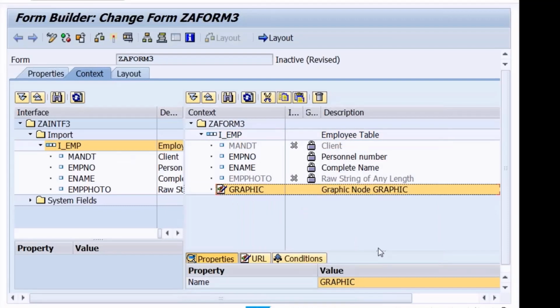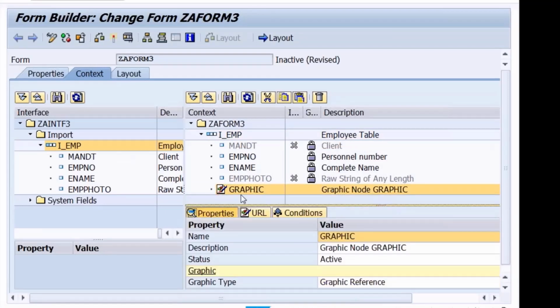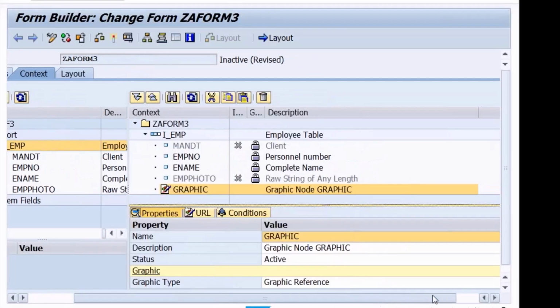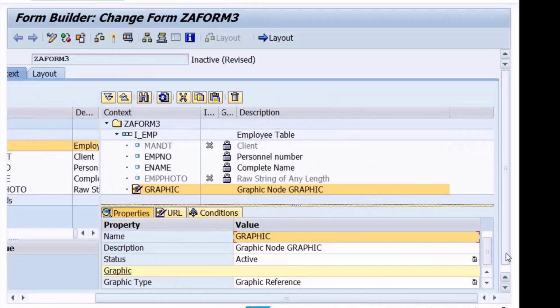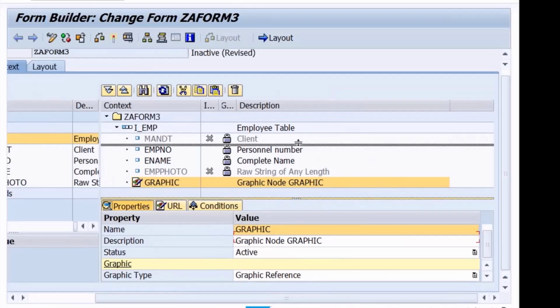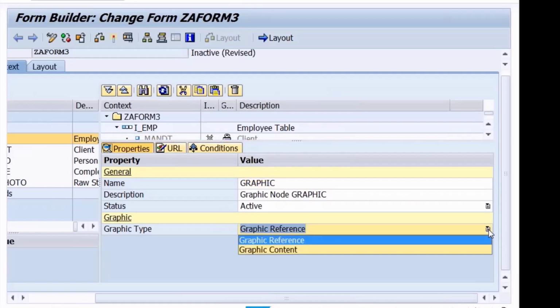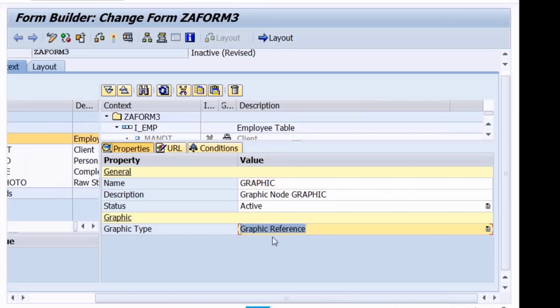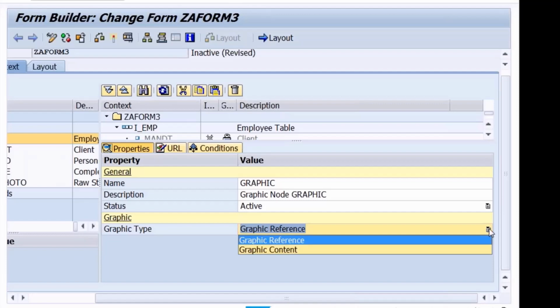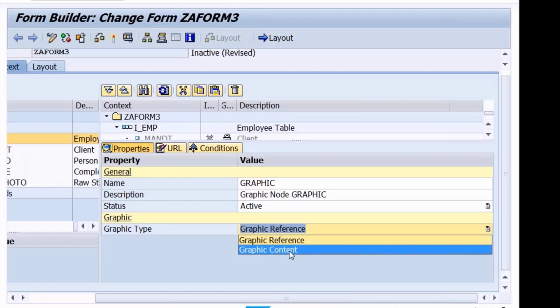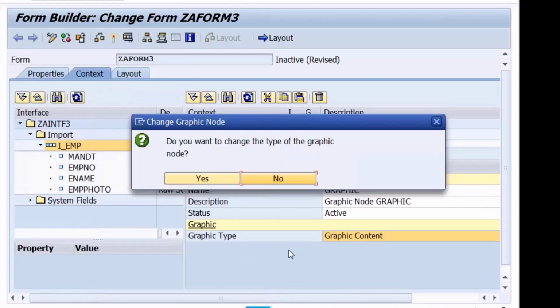Graphic object is created. Now, for this graphic object, graphic type by default is graphic reference. I'll change it to graphic content. Press enter. Do you want to change the type of the graphic node?